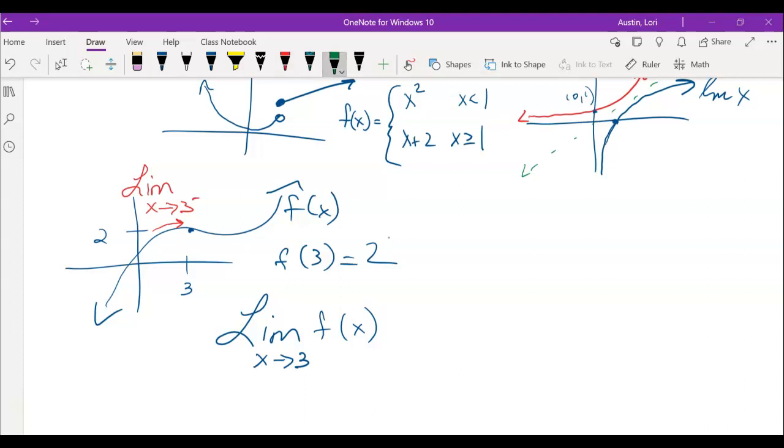And then I've got to see what's happening as x approaches 3 from the right of f of x. If what's happening from the right is the same as what's happening from the left, then you can go ahead. Now, clearly, as we look from the left,